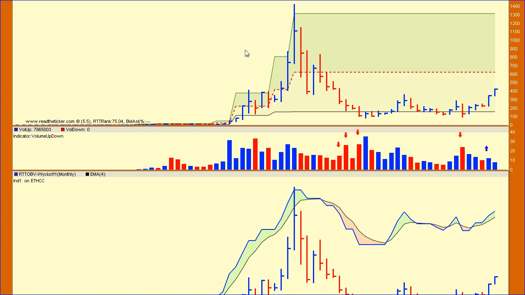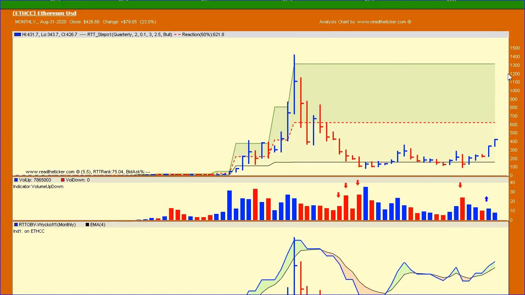Here's an example. I'm looking at Ethereum on a monthly chart, and quite frankly the monthly charts are better than the weekly and the daily, and a lot easier to look at when you're looking at charts early in the morning. Here we have down action in the red bars, and you see the reasonably high volume. For example, here we've got a big moving day, wide spread. The volume hasn't changed much from previous times, and the price moves quite a lot, so that's all selling.